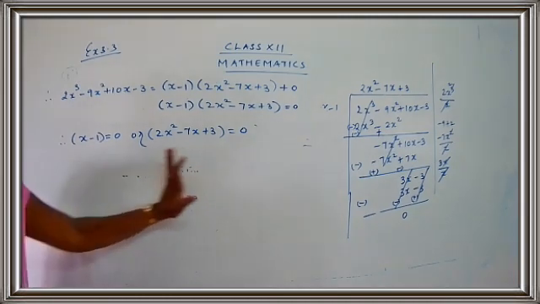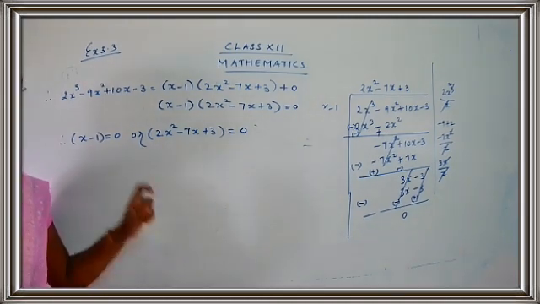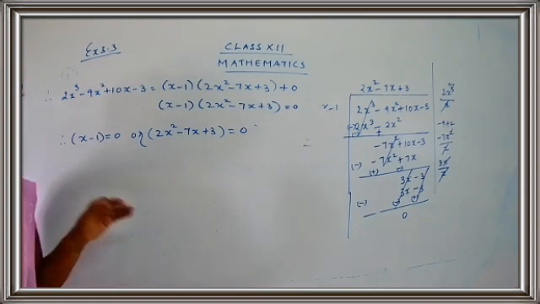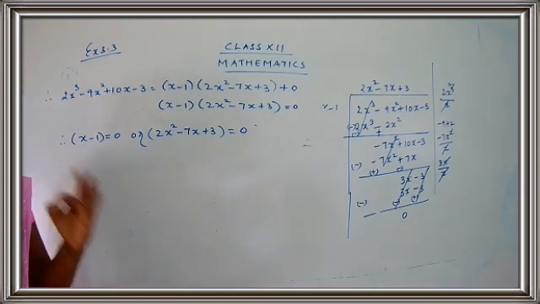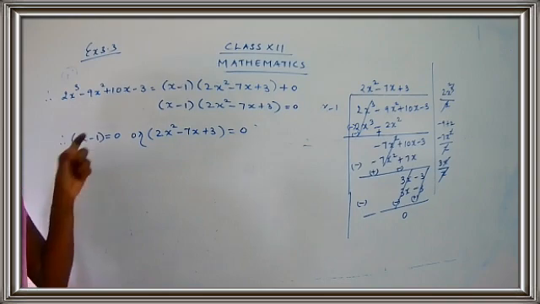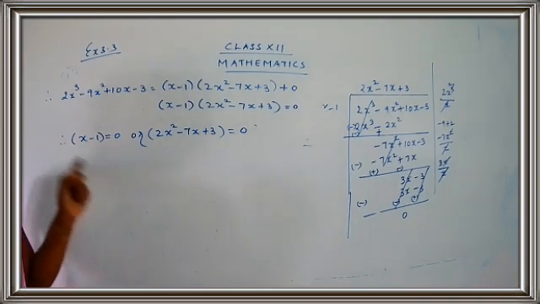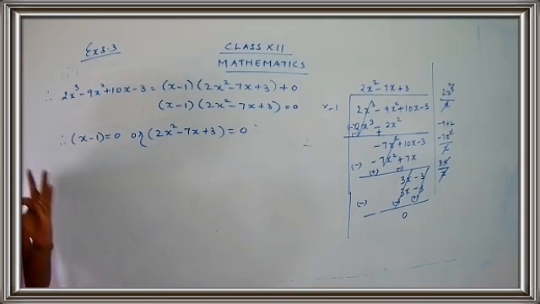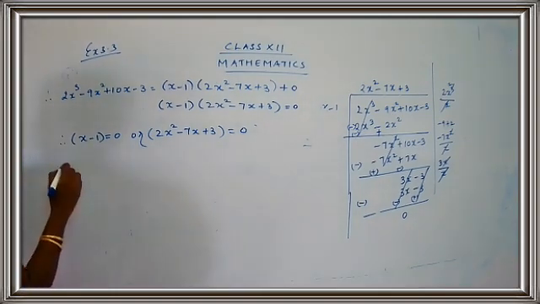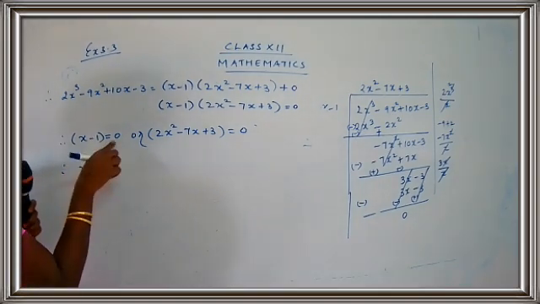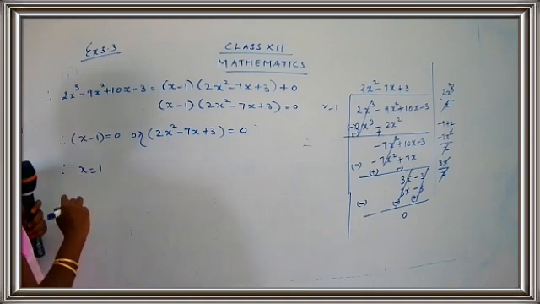So now we are going to simplify and find out the answer. Now we have to find out the zeros. Yes, you know how many zeros are there for it? You should get 3 zeros or 3 roots, because what is the equation? It is a cubic equation. For a cubic equation, the total number of roots is 3. So from this part I get x is equal to 1. x minus 1 is equal to 0 means x is equal to 1. Okay, done.